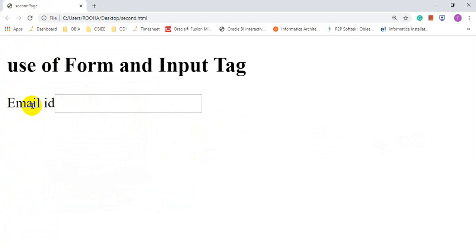Okay, back to your browser. Now see, email id, where I enter some text. Okay, I have just entered some text, and when I go back from this box, I have just copied this, and I'm going to open it in some other browser.